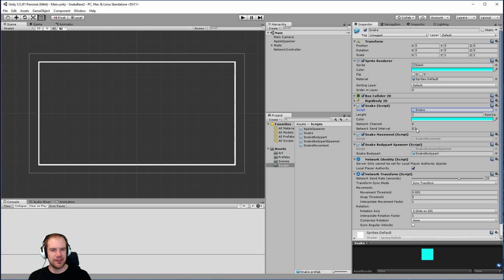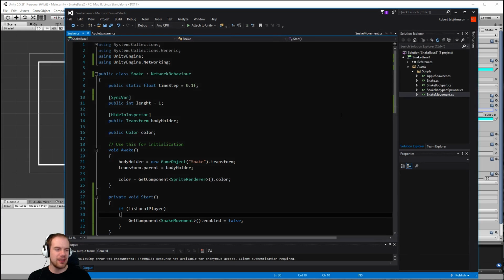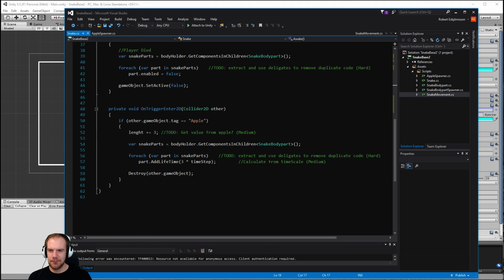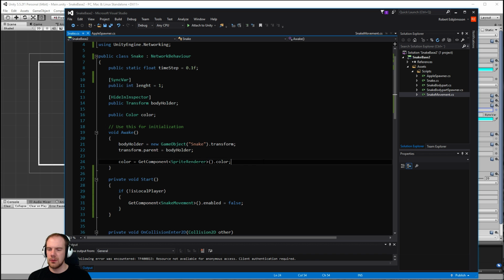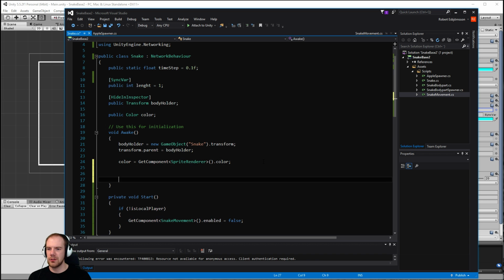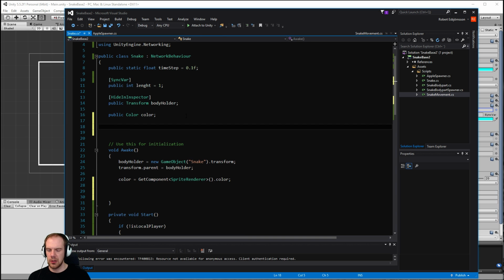Send interval 0.1 does not really, yeah, we need that. Never mind. Yeah, so let's go in the awake function, and we are going to need a